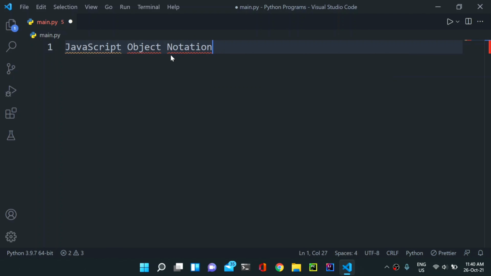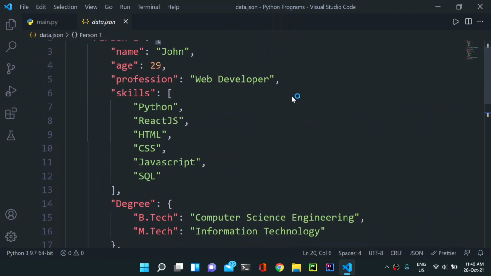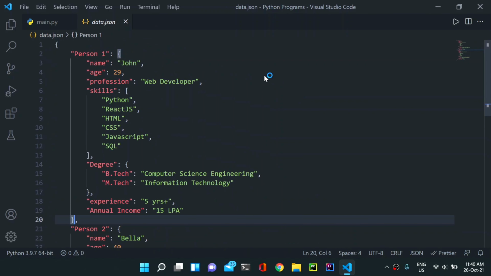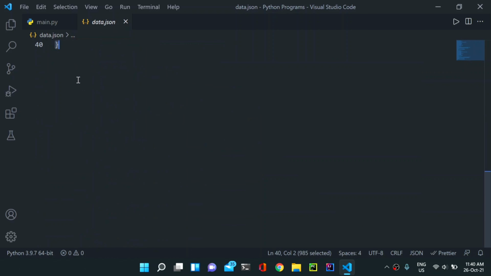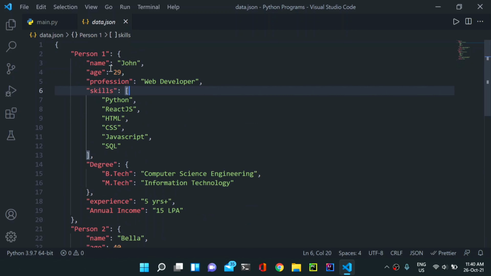Now how does the JSON file look like? So I have created this dummy data for you. So now let me show you. So this is how our JSON file looks like. So you can consider that this is a dictionary. Okay, so this whole set, this whole data is a dictionary, and here we have this